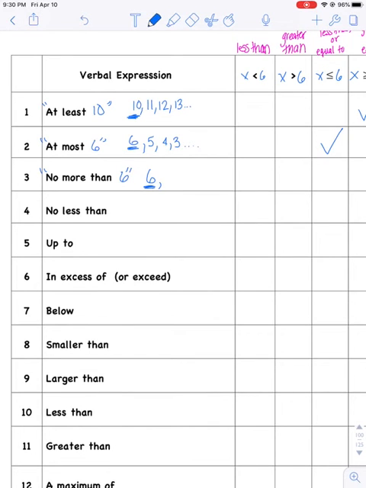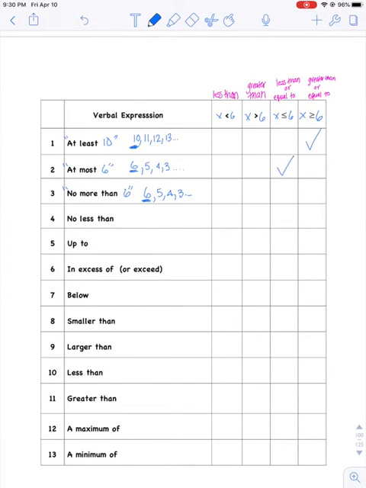So the number itself works. Now, do I want numbers that are bigger than or smaller than? Let's see. Is 10 no more than 6? No, that wouldn't work. That is more than 6. So 5 is no more than 6. So again, I want numbers that are smaller than 6 or equal to 6. Since 6 works, it's going to be one of these two. And I want less than or equal to. So no more than and at most